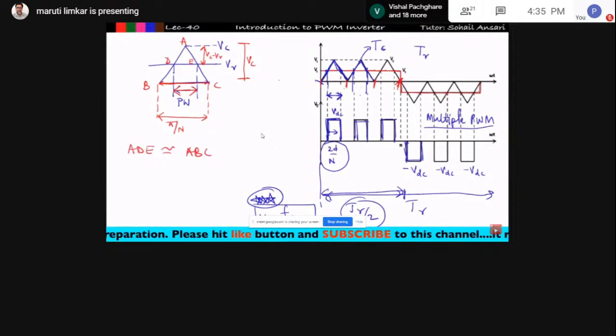So I can write, let us consider this is my altitude, or you can say this is my height of triangle ADE, and this is my height of triangle ABC. So apply similar triangle concept. Let us say this is my point O. So I can write OA upon AM is equal to